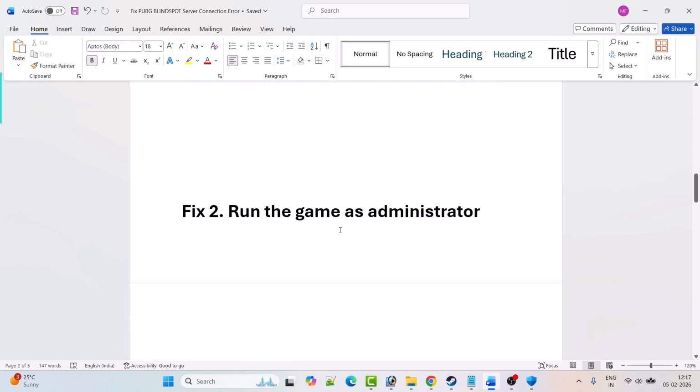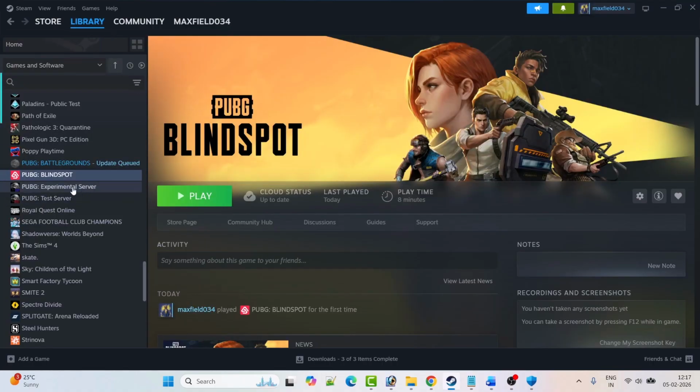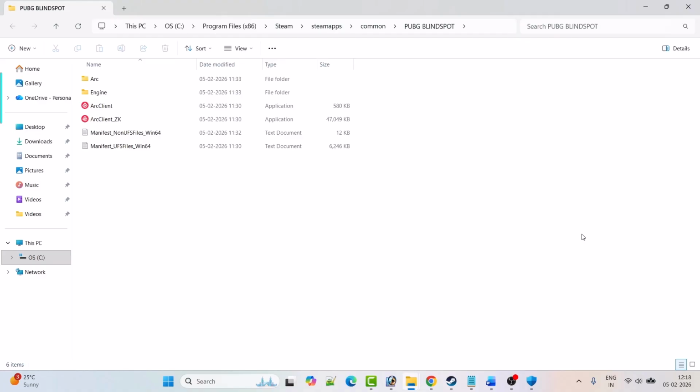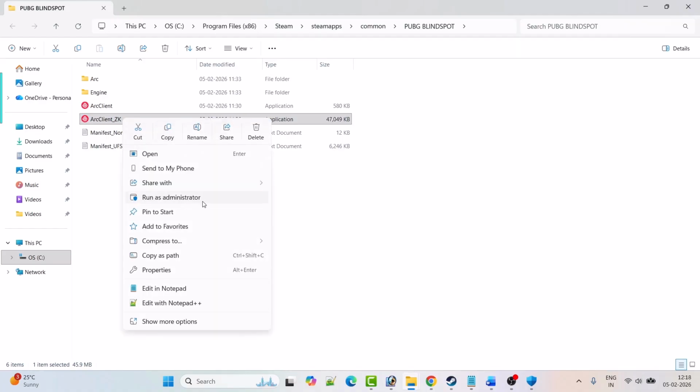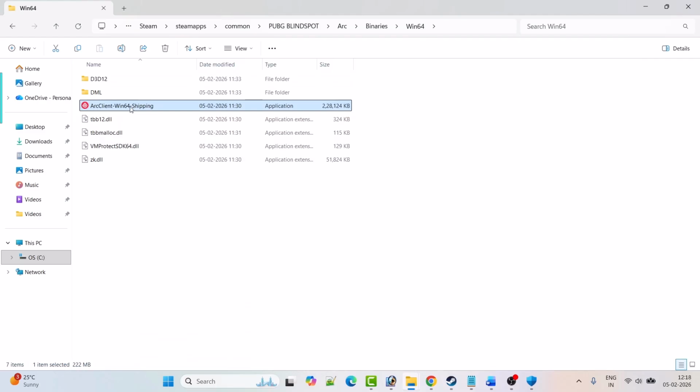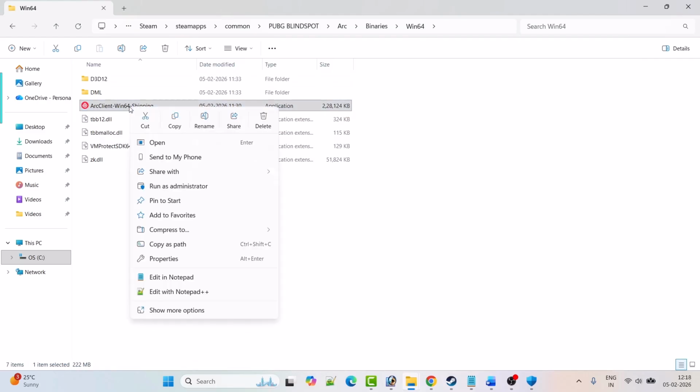Fix 2 is to run the game as an administrator. So open Steam, go to library, right-click on PUBG BLINDSPOT game, select manage and then click on browse local files. It will take you to the game installation folder. Now right click on this RClient underscore ZK exe file and then select run as administrator and then check if it helps or not. If not, then open the ARC folder, binaries folder, Win64 folder. Right click on the RClient Win64 shipping exe file and then click on run as administrator and see if it